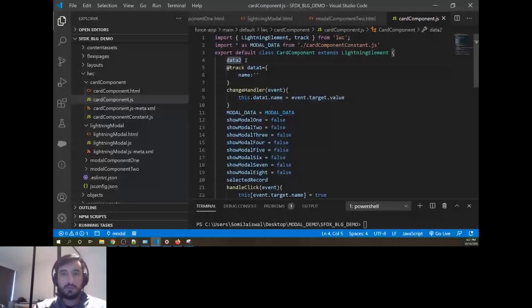Let's go and see. So I am changing, I'm able to update it, right? Similar thing, if I remove it, and let's try, I guess it will not work. At a particular level the track will work and without track it will not.